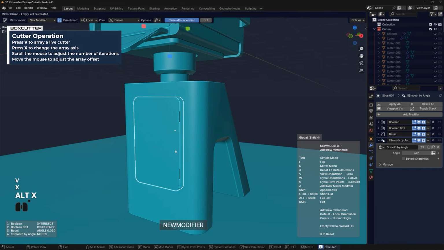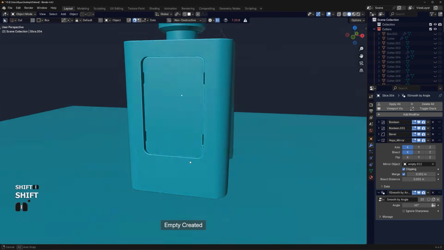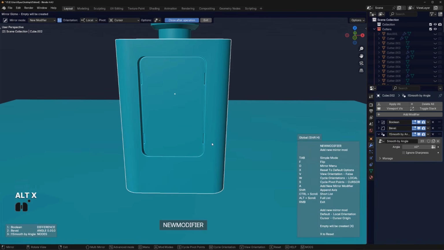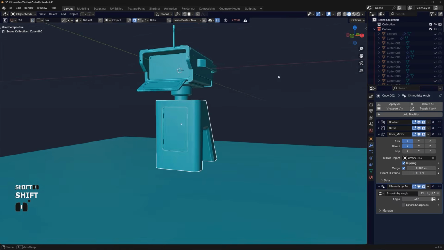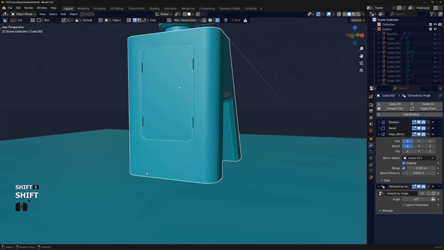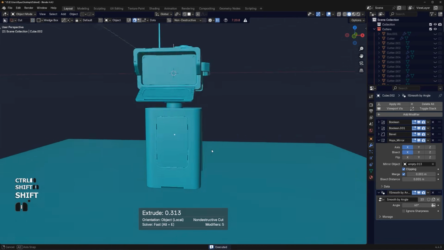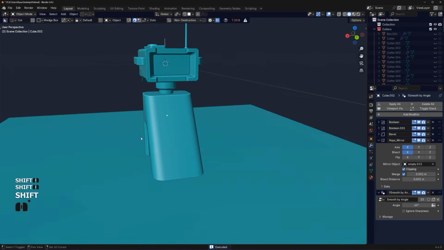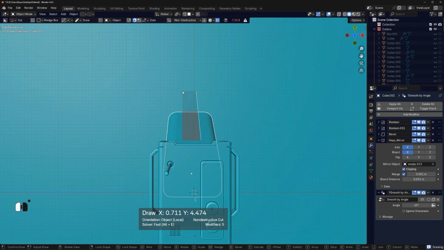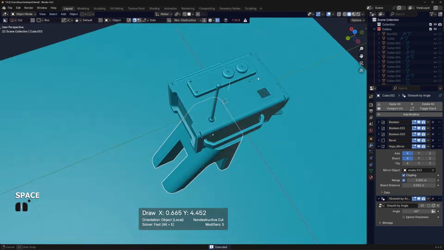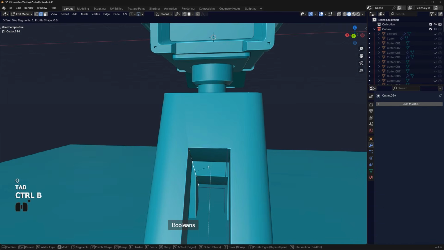VX and mirror. There we go. Oh, this one needs to be mirrored too. Whoop. But I think it's fine. Yeah, I think it's fine. We could also run a cut here like this in front. There we go. Right, and this is a little bit too thick, so right. And obviously we need the bevel here, so